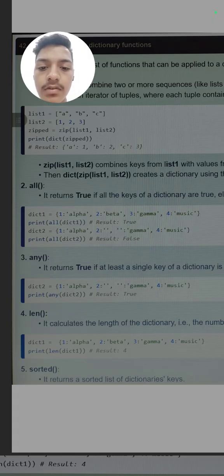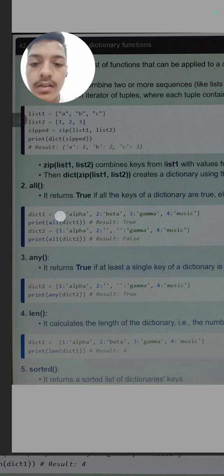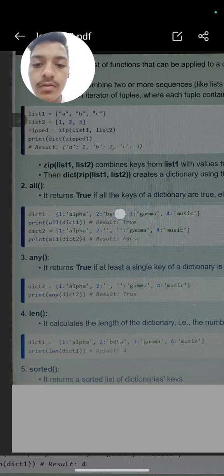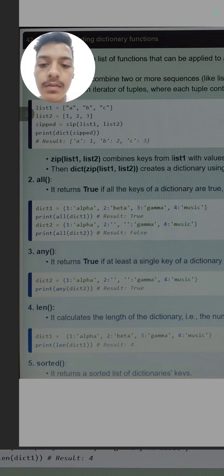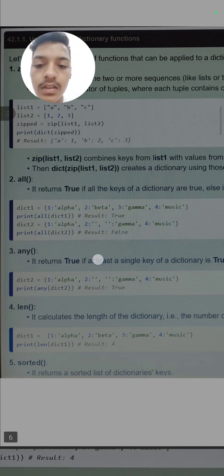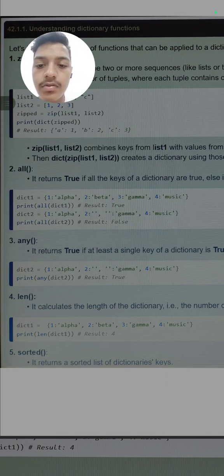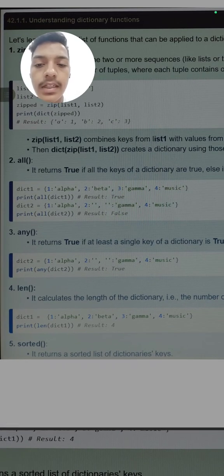If any key does not have its value, or any value does not have its key, it will return false. Like here, dictionary 1 has value alpha, 2 has beta, 3 has gamma, and 4 has music. If we print all of dictionary, it will return true because all 4 have their key-value pair. But on the other hand, in dictionary 2 it is written 1 alpha, but at place 2 no value is given,